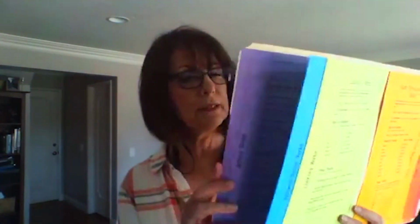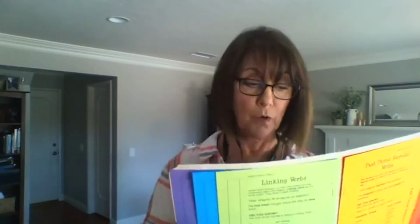You staple the pages together, and then you insert them into the folder. You won't have a stapler that's long enough to staple them to the folder, but if you staple them together, then you can glue the last page down into the folder. Now, each one of these is